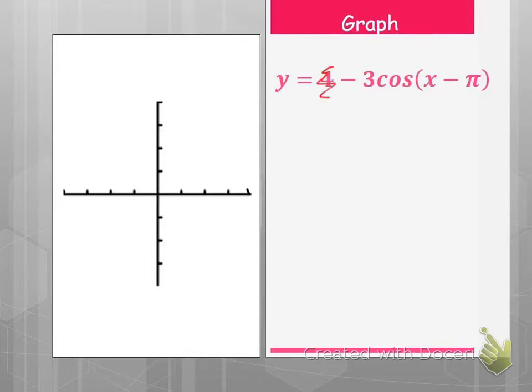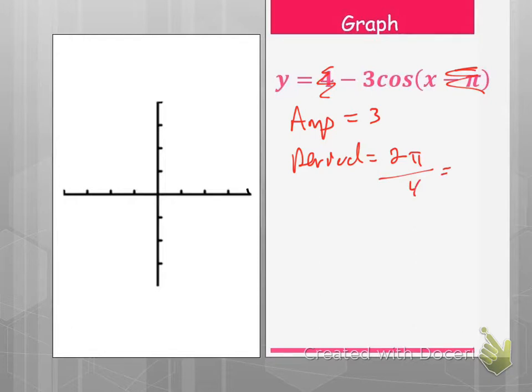Okay, scribble this out. Scribble this out, and we're graphing negative 3 cosine x. So amplitude is 3. Period is back to 2 pi, divided by 4, pi over 2. Every tick mark's worth pi over 2. Now let's go graph negative 3 cosine x, right? That means we're going to start at negative 3, then go here, here,